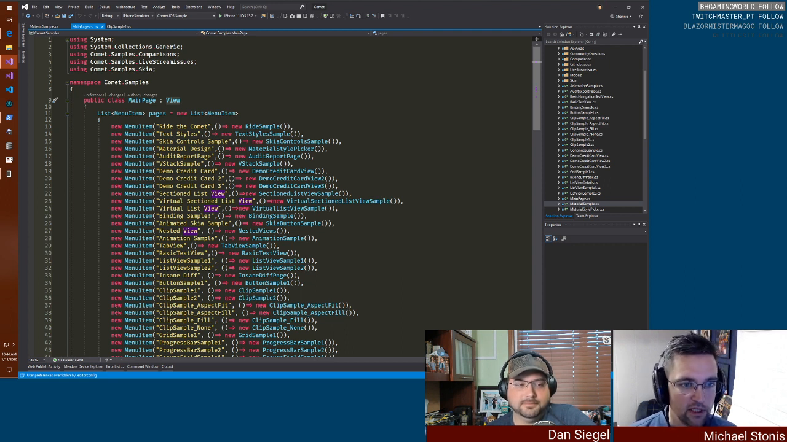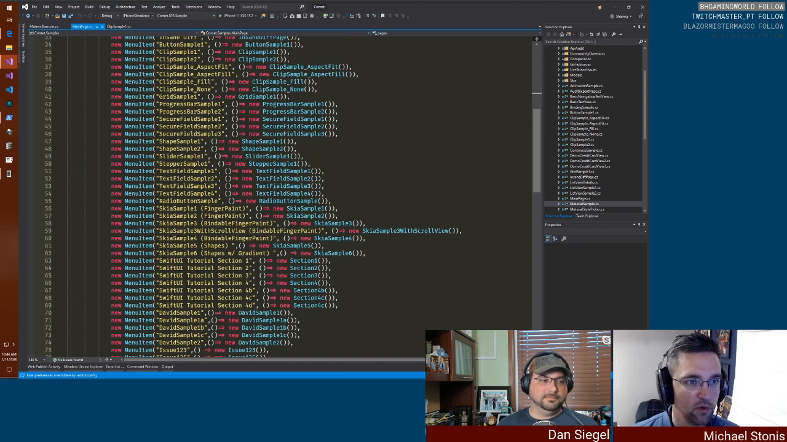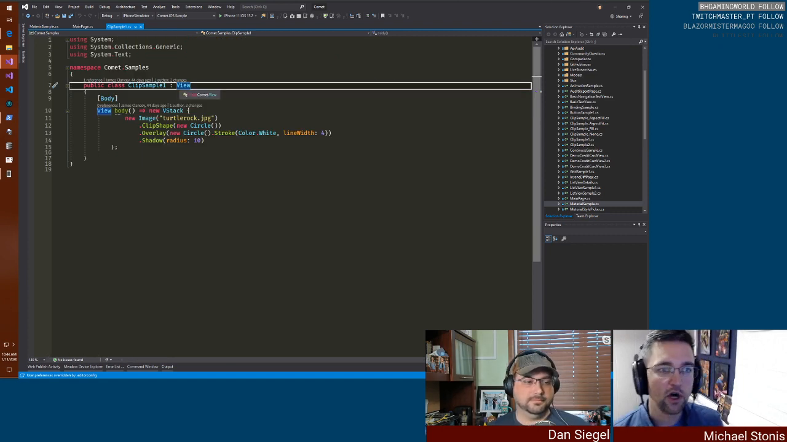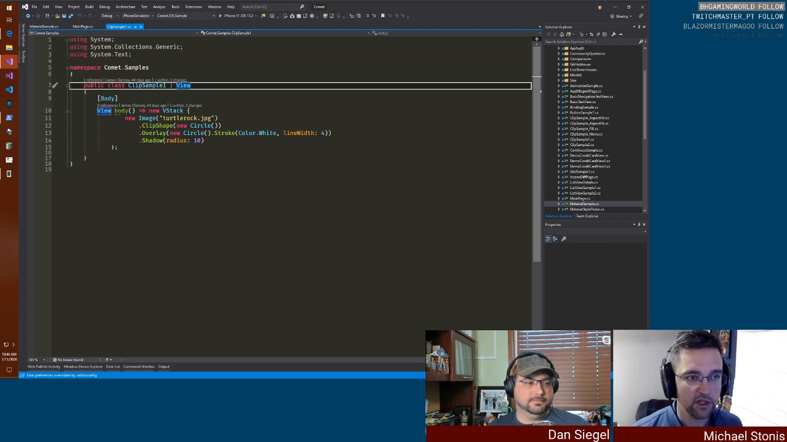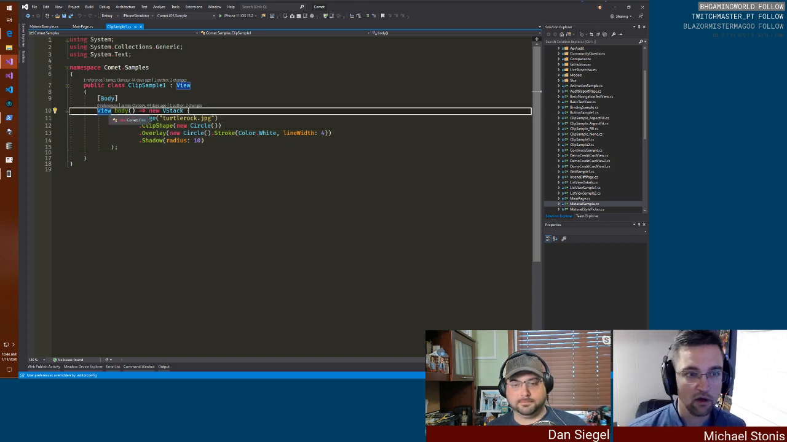If we were to drill into any of these subpages, I'll just go back to clip sample 1 since I've got that open. It itself is a view. But the cool part is the content inside of it. In the Comet world, when you want to render the content for the current screen you're on in your application, that itself is also just a view. All these other things are just views. They might be specialized views like a vertical stack or an image, but they're all just